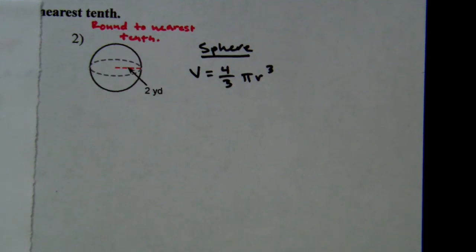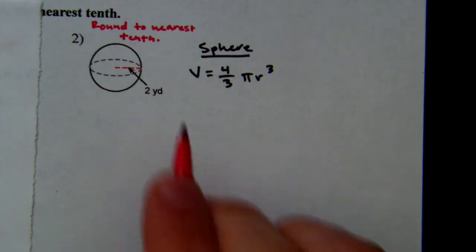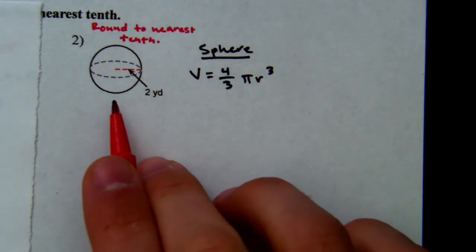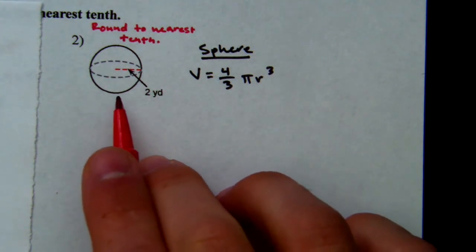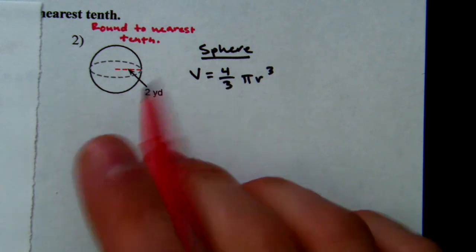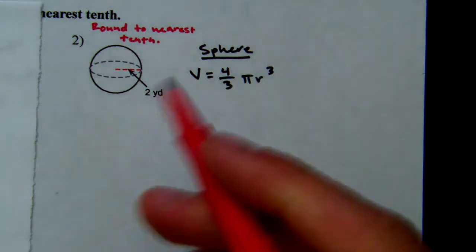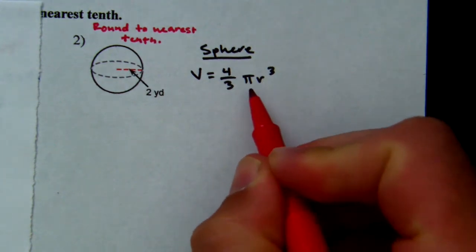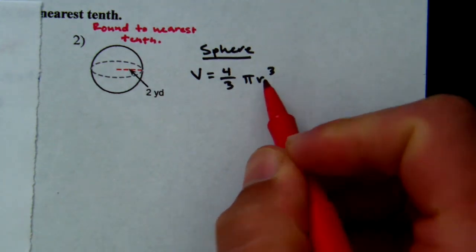We are finding the volume of a sphere. So this is an example of how to plug in numbers and find the volume of a sphere. What we have here is our volume formula for a sphere. A sphere is like a basketball or a baseball or a golf ball or a bowling ball, something that's round and three-dimensional. So we have V equals 4 over 3 pi r to the third power,